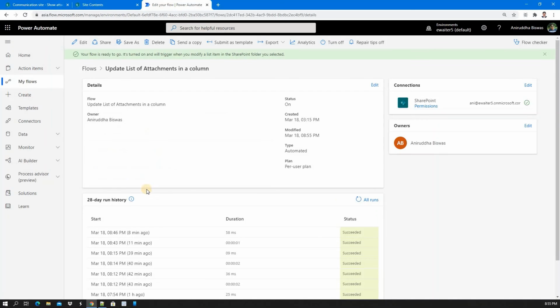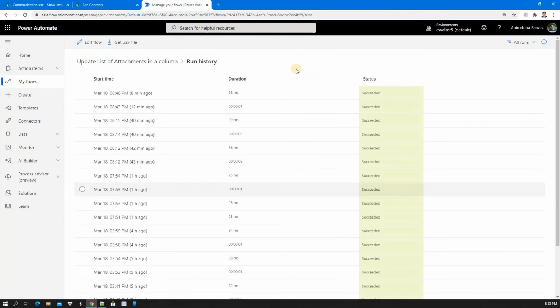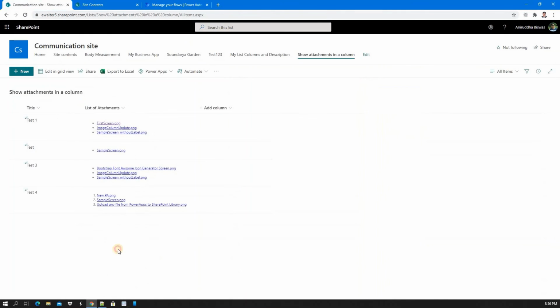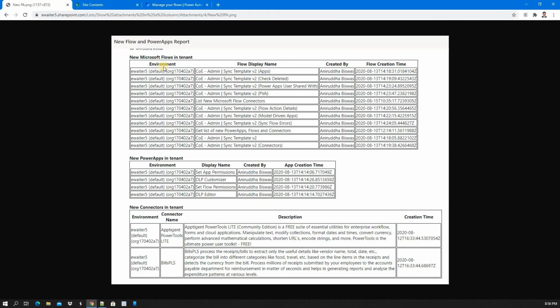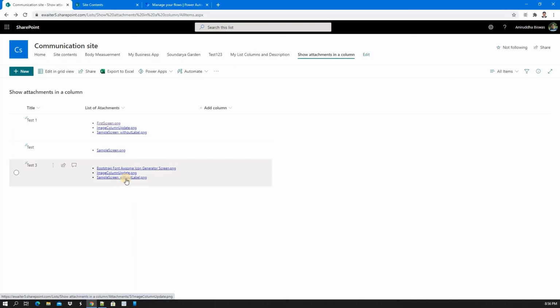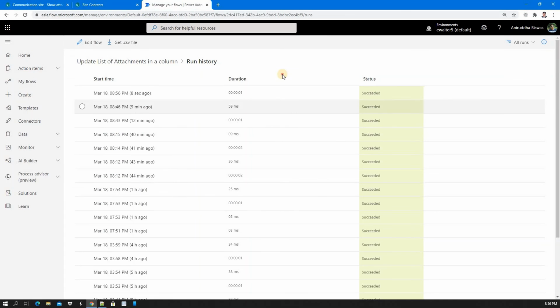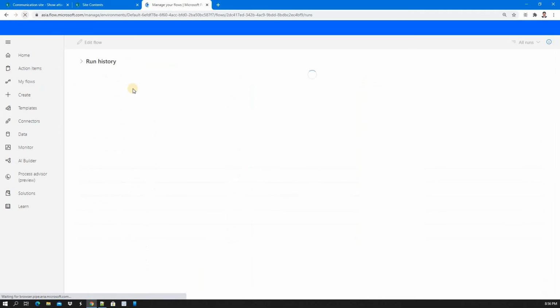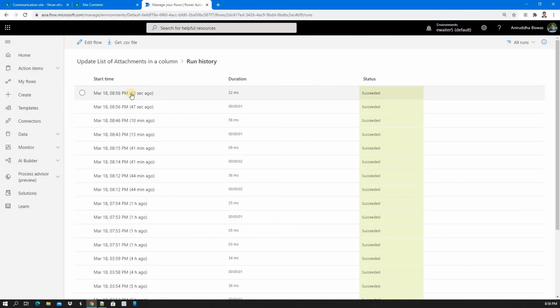We'll wait for some time. It is successfully run. Let us check. Yes, everything is fine. If we click, we can see the link is working fine. One of the things I need to tell you is that if I refresh again, you can see the second time it has run. That's all. After that it will not run.